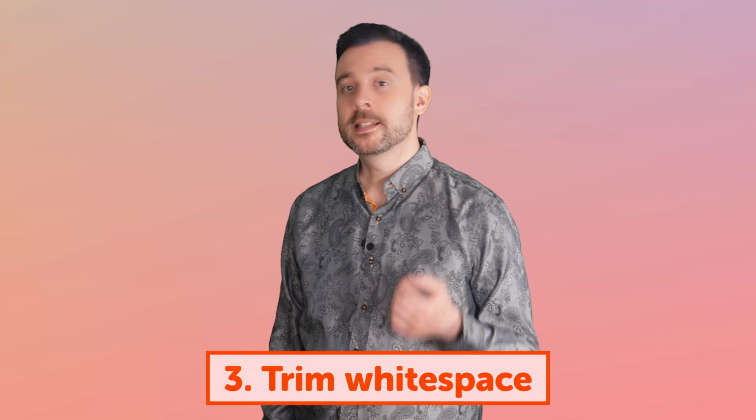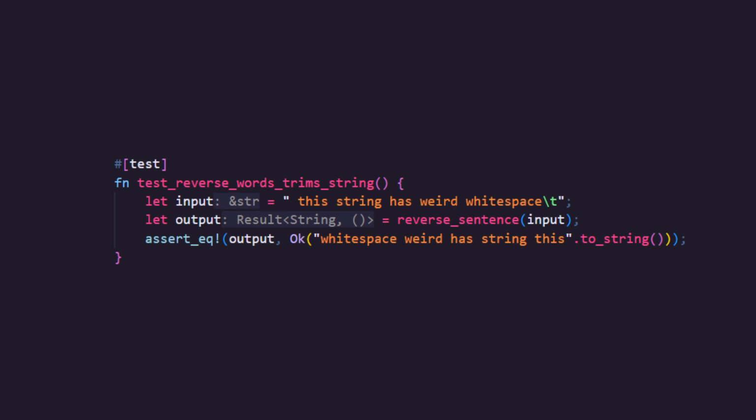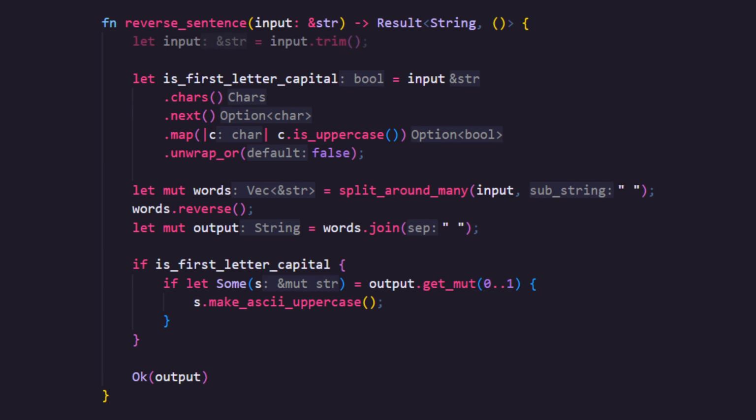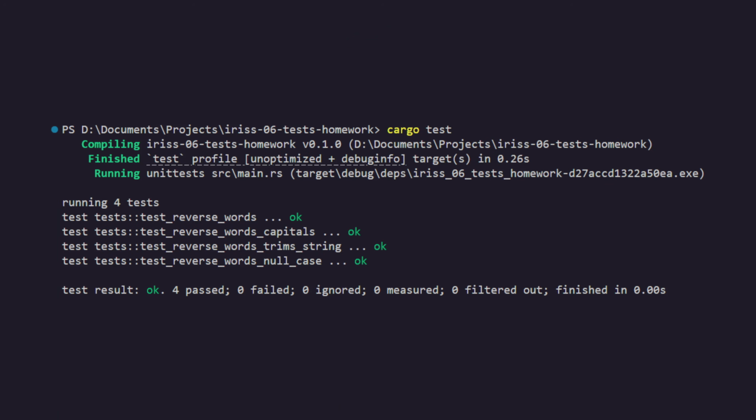In the requirements, I did say any white space, so let's test with a space on one end and a tab on the other. When we run the test, we get our expected fail. This one's easy to fix. String slices have a trim function that returns a subslice inside the string that doesn't include any outer white space. We can shadow the input variable, which effectively just replaces it for the rest of the function. This was all we needed to do. See, this is the level of effort I'd anticipated for the homework. Anyway, now our test passes again.